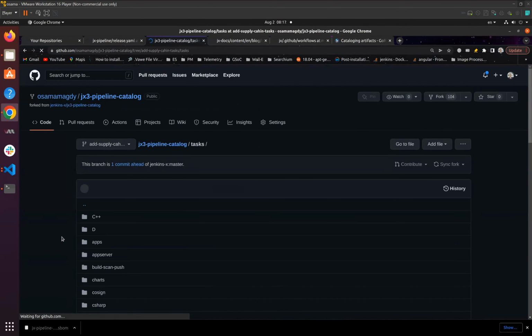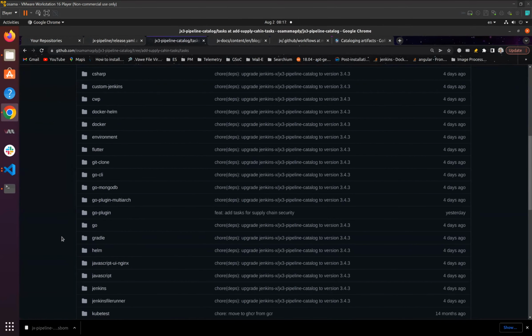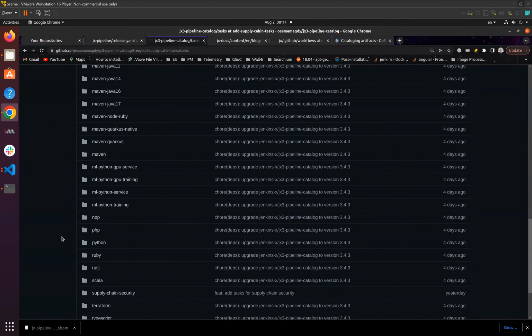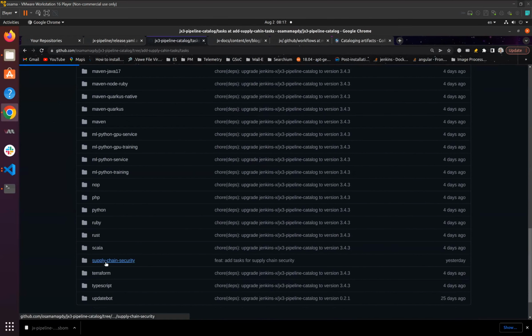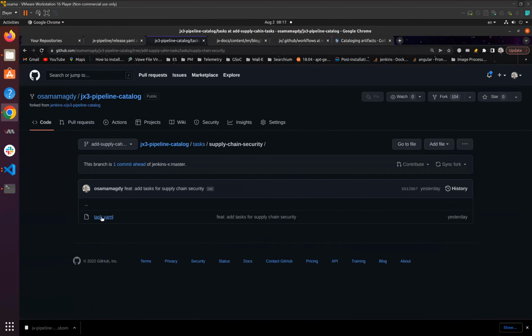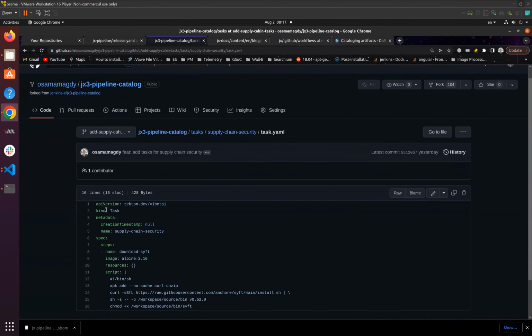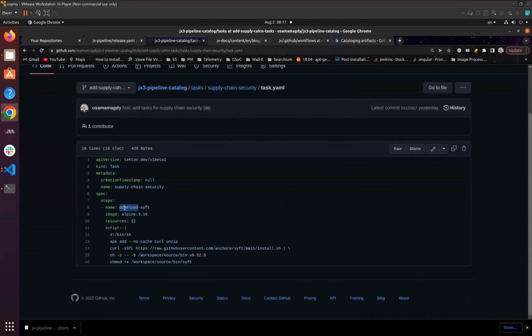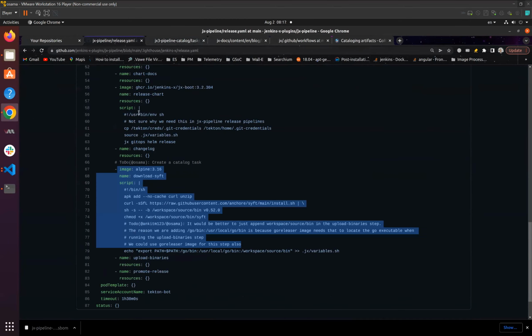So I'm just moving to, yes, that's it. If you go to the supply chain security directory, you can find a task.yaml that includes the step of downloading safe binaries. So after this PR gets merged, we can easily go to the pipeline release, and just instead of this,